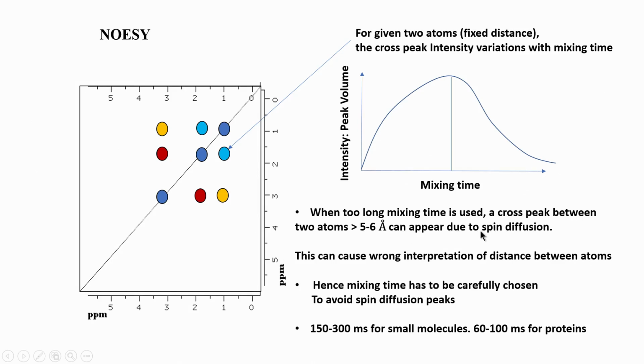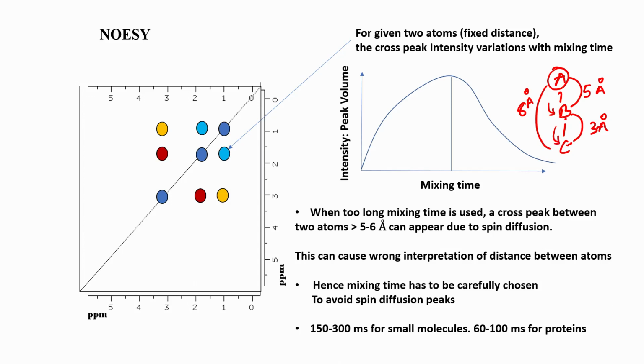Let me illustrate with a picture. Suppose I have atoms A, B and C. Suppose the distance between A and B is 5 angstrom and the distance between B and C is 3. So, the total distance between A and C is 8. Obviously between A and C I do not expect any cross peak, but from A to B I am getting a cross peak and from B to C I am getting a cross peak. So, what will happen is when I excite A, although C is far away, it can first transfer to B, and if I use a longer mixing time, slowly B will get transferred to C.